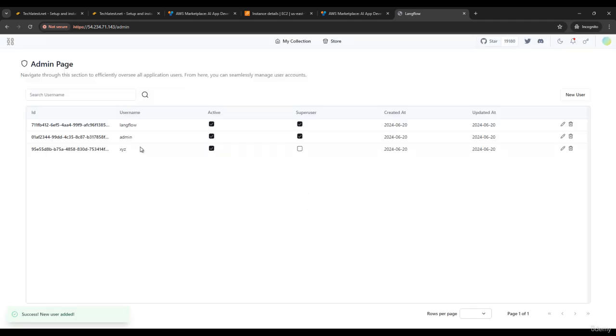Okay, so you can see that your XYZ username is now created, and I have given it the authority of an active user, not a super user. So this all depends on the admin, what permissions you give to users as super user or as active user. Now I log out from here, sign out, and